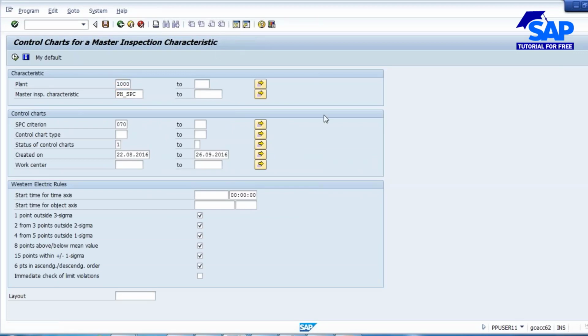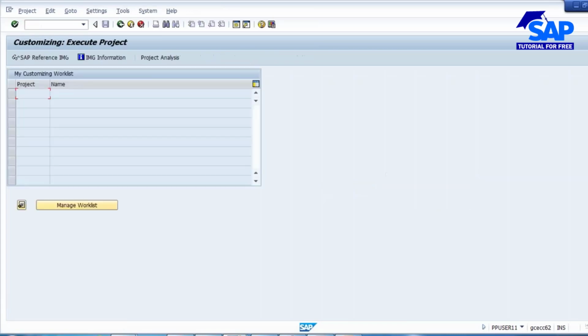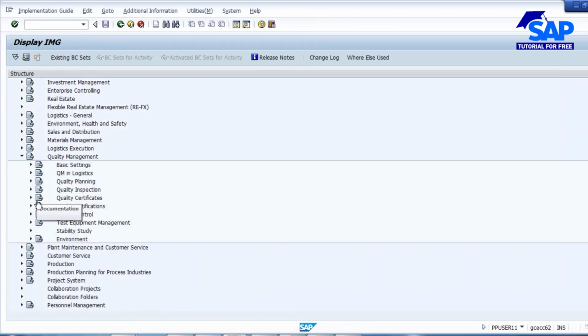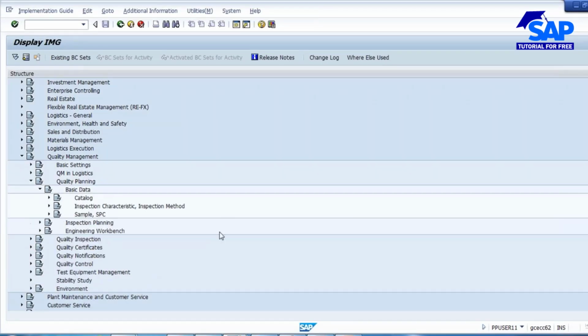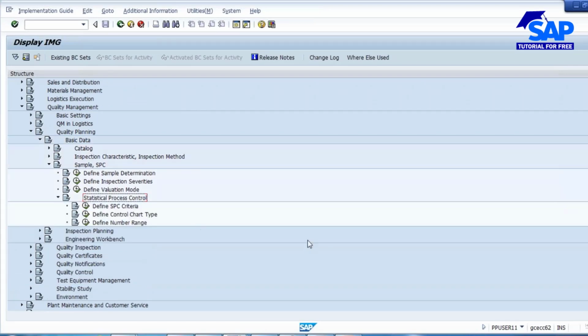Coming to the configuration part, go to SPRO, go to SAP Reference IMG. Scroll down, go to quality management, go to quality planning, basic data, sample SPC. Then go to statistical process control. Here you are able to see define control chart type. So whatever control charts you are able to see in the QDV3,